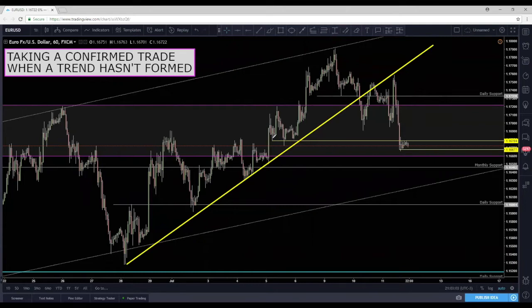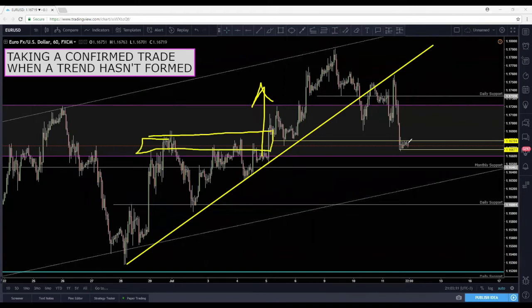Simply because we did break the 4-hour support, or what looks like what started this ascending movement by breaking out of this resistance. And so we broke back below it. We retested. Can I take the trade and see continuation down to the monthly support and potentially down to this daily ascending trend? And I had said, you can take it, but your take profit one cannot be the daily